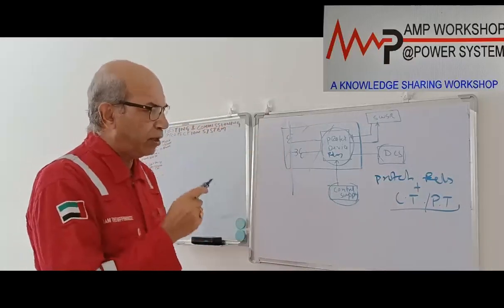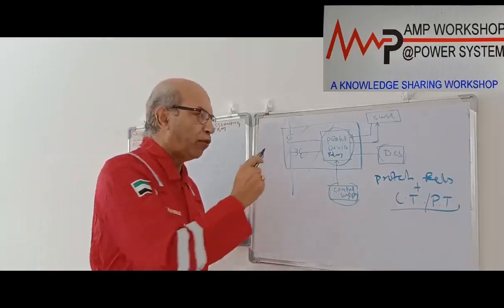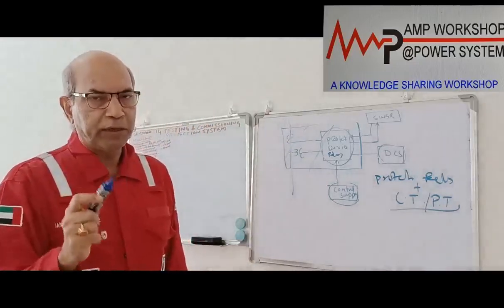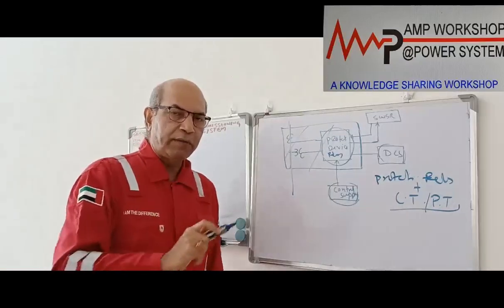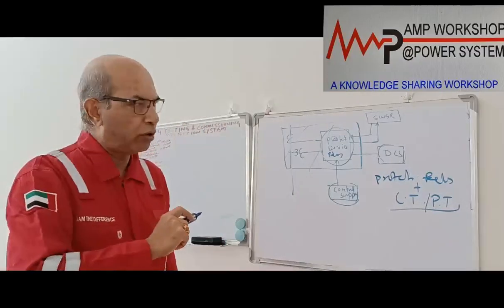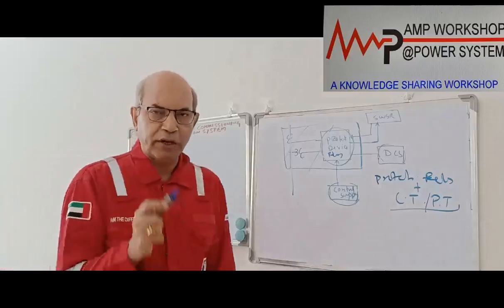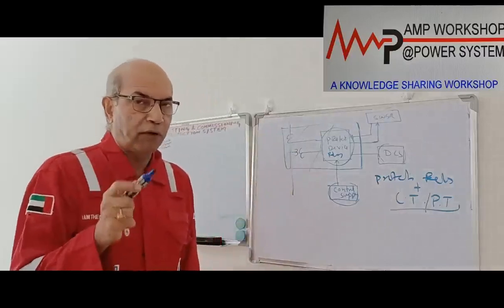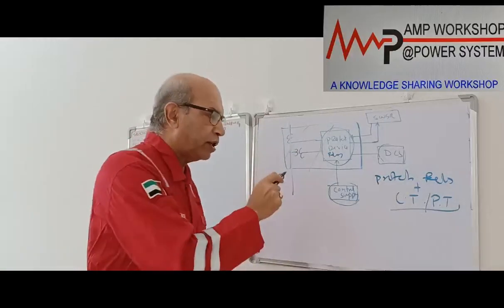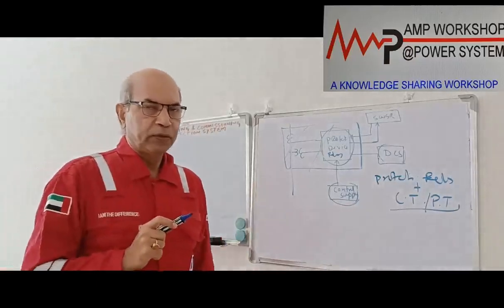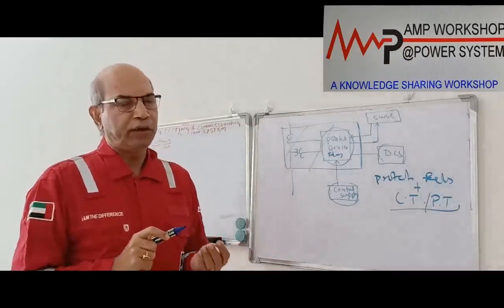So we have to check through the testing process that the protection system will do its job in the actual requirement, that is number one. And during the various abnormal situations or other disturbances created somewhere else, or in the protection device where it is connected, which is not a fault condition, in that case the protection system should not maloperate. That is also to be checked. So all this we do by the testing process.